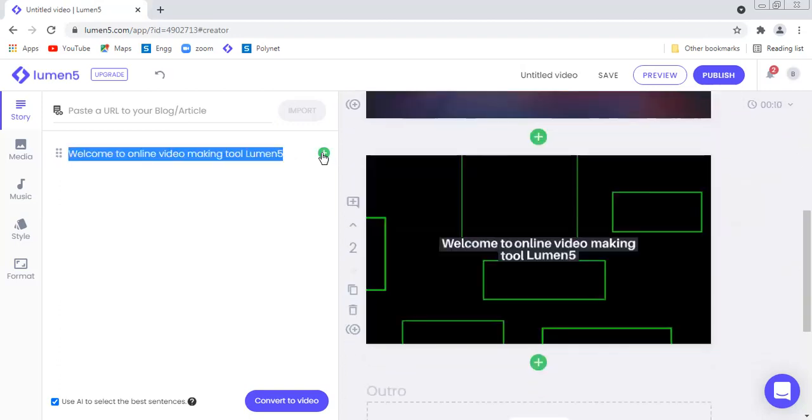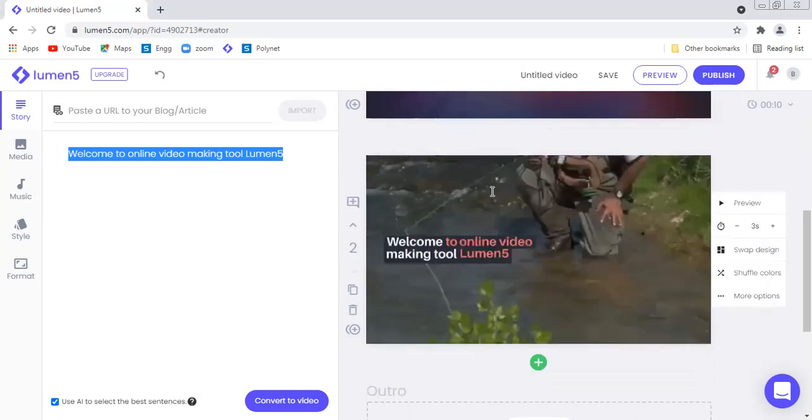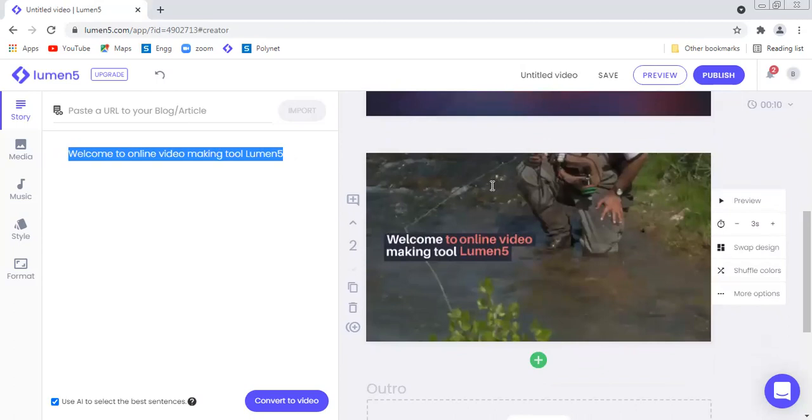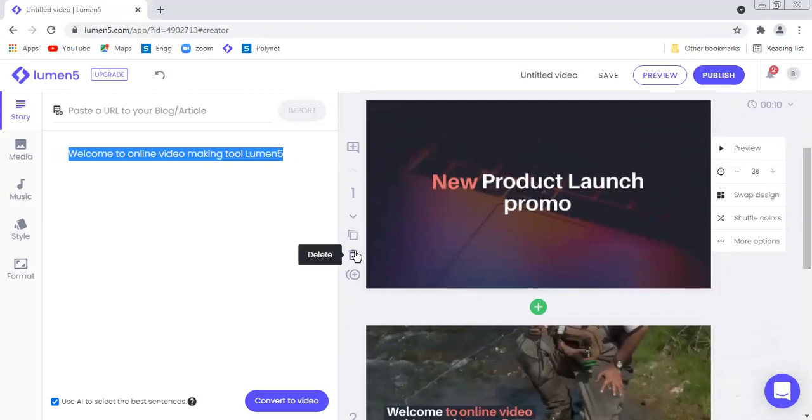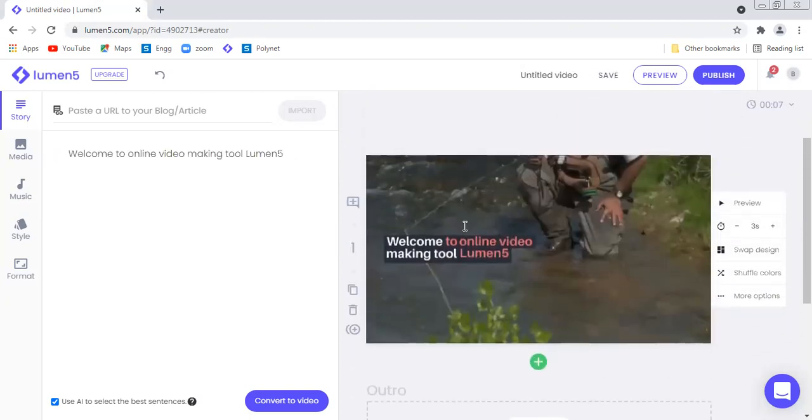You can see now, an image and the text "welcome to online video making tool Lumenfy" appeared. It was a default, so we'll just delete it, right?